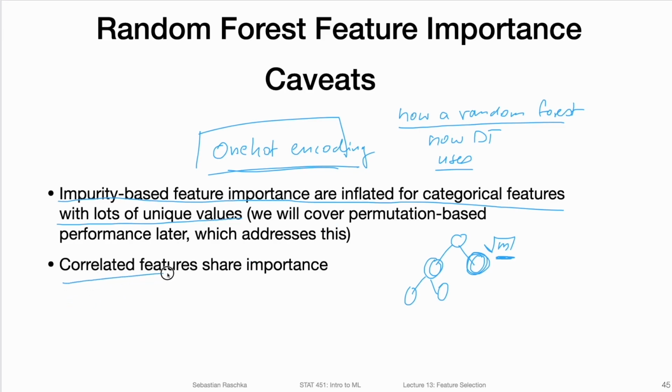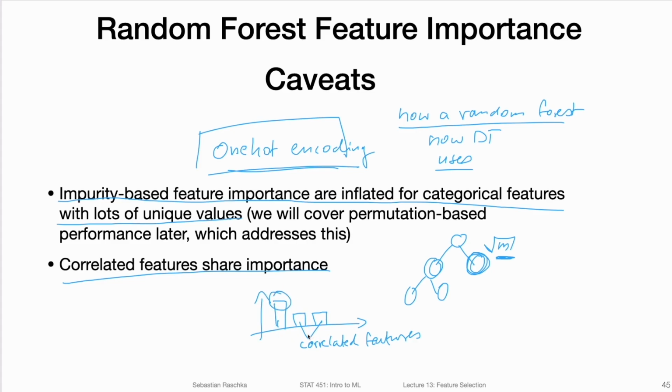Another thing is correlated features, that they share importance, right? If you have two features that are equally important, there's a random chance to pick one feature over the other. So if we have a feature importance plot, and there are two features that are perfectly correlated, they might end up like this here. These two are my perfectly correlated features. In this example, which I just made up, they don't look like they are super important in this plot compared to this other feature here.